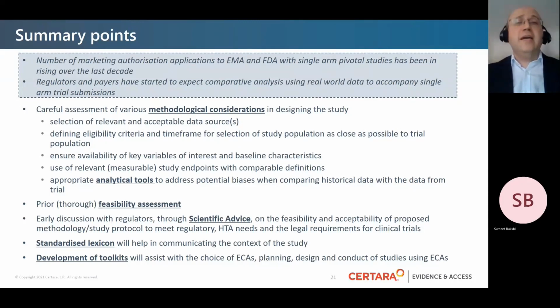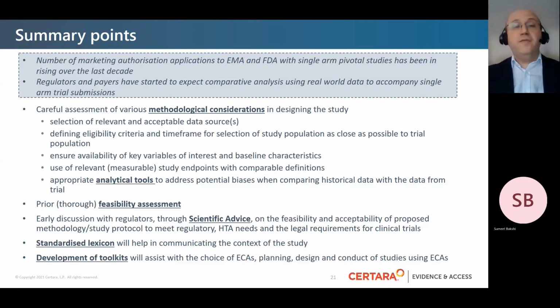But of course, in designing these kinds of trials, and especially the ones using external control arms, a number of methodological considerations need to be taken into account in terms of selecting appropriate data sources, defining eligibility criteria, study population, key endpoints, and confounding factors, using appropriate analytical tools, prior and thorough conduct of feasibility assessment,